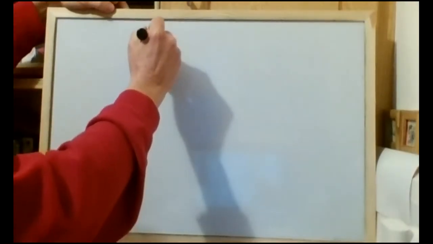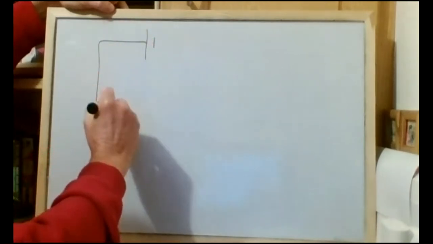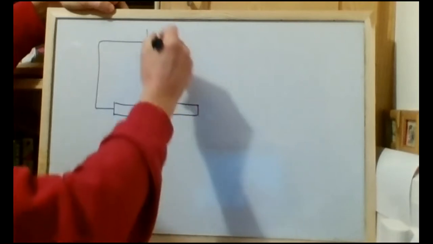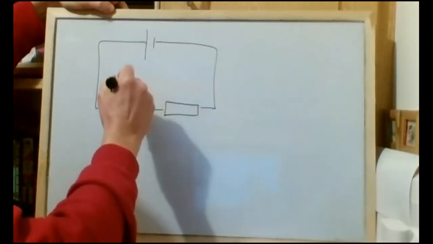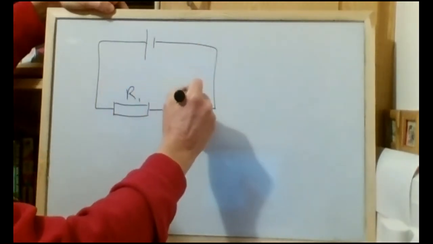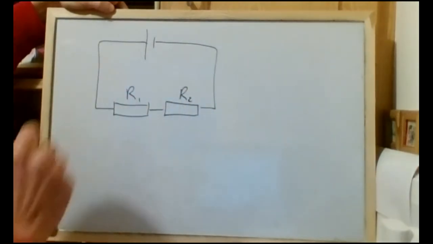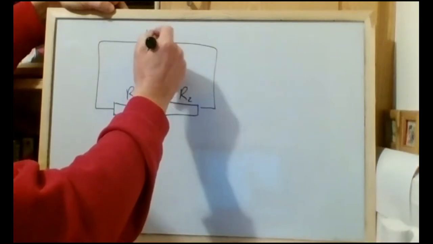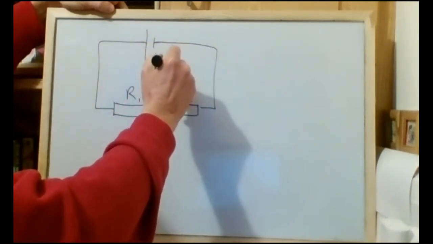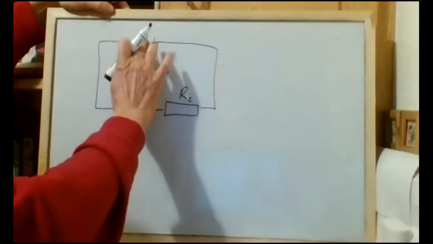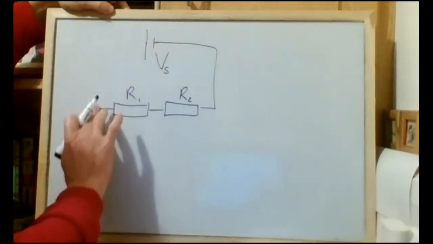So if we have a power supply connected to 2 resistors, the question we're going to ask ourselves is, what's the total resistance of that circuit? The power supply, or the supply voltage, I'm going to call the supply voltage Vs, right? And I'm going to do my color coding again. So I'm going to get rid of that black line